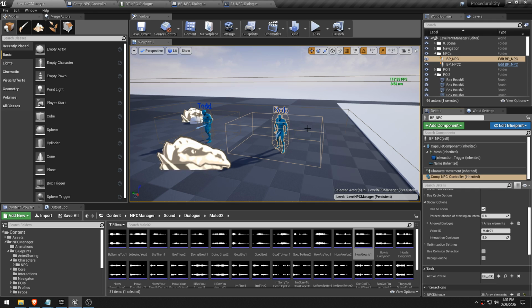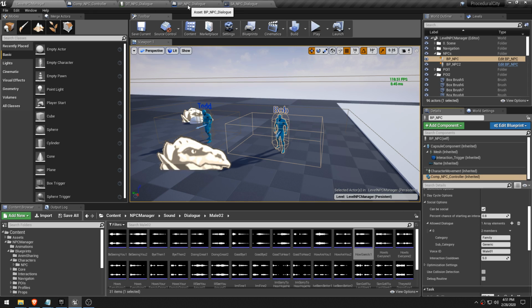But if two NPCs get close to each other, the first one to detect another NPC, if it can be social, will try to initiate a conversation, and this is the percent chance. So 80% chance to initiate is pretty high. Then you have the allowed dialogue, and these are the categories that are going to be pulled from